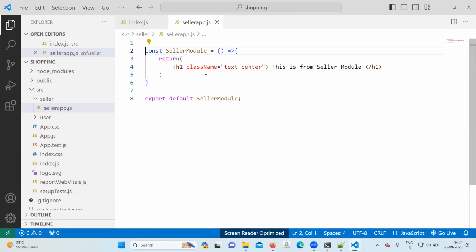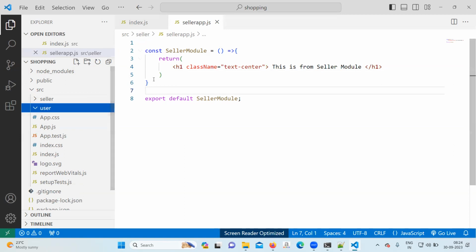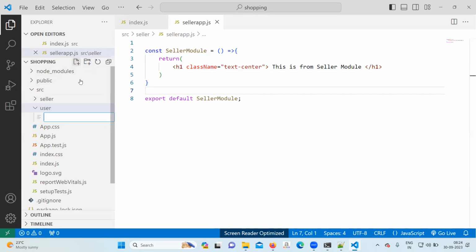Okay, let's go ahead. So we created the user module. The people who had not installed it and had something pending, they have done everything. Come, go to the user folder now. In the user folder, create a file called user app.js.